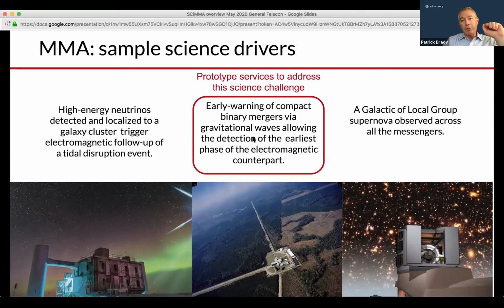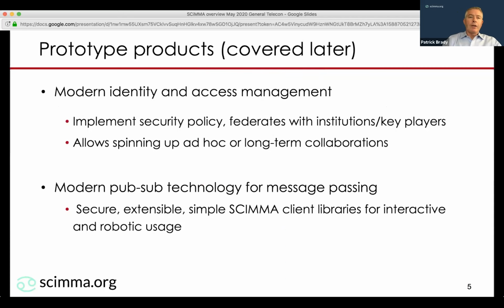And in conversations with LIGO, represented in some part by me, by IceCube, by people involved with Vera Rubin Observatory, and also with the broad set of people engaged in follow-up of gravitational waves, we've been emphasizing the ability to do what we call early warning alerts for binary mergers using gravitational waves from the LIGO Virgo KAGRA worldwide network. So our first step into prototyping is addressing 2 different areas.